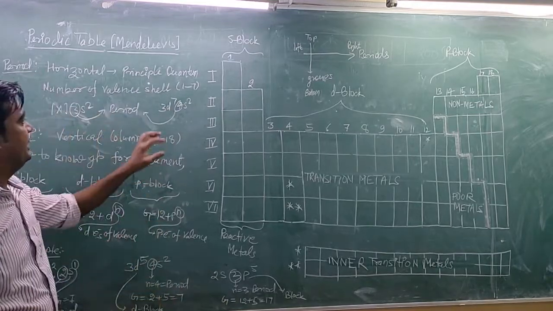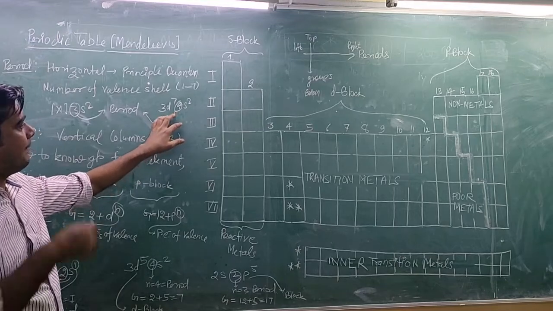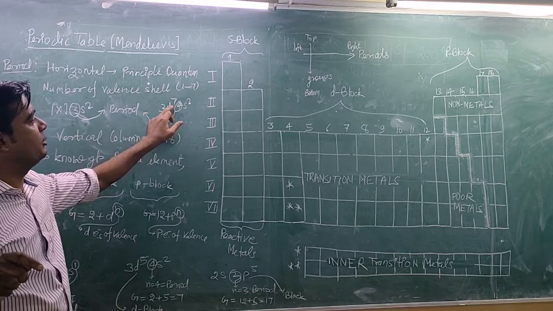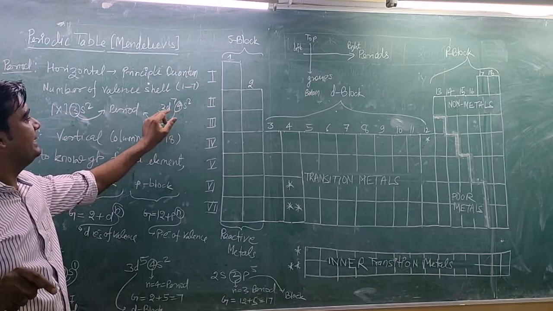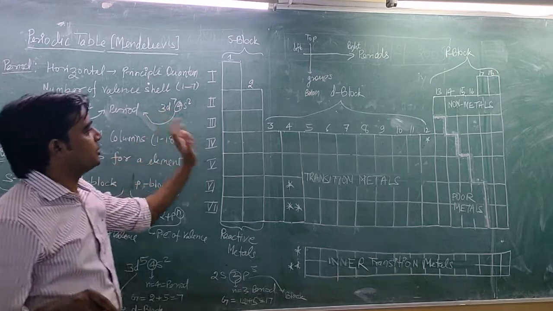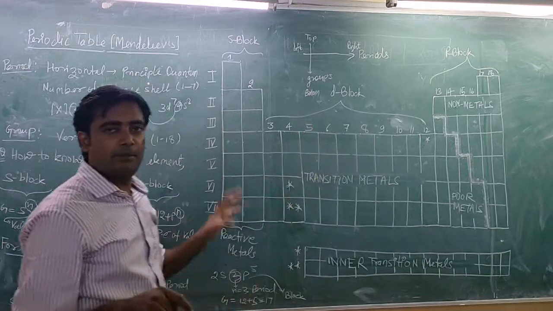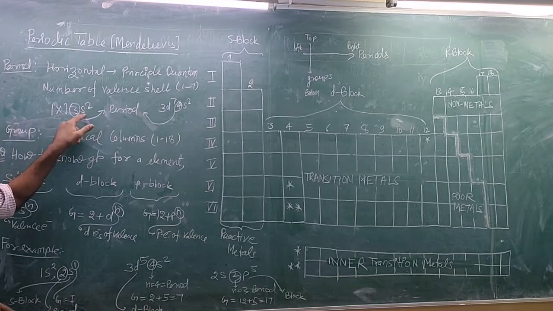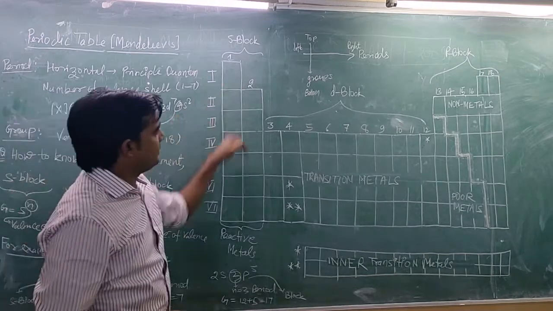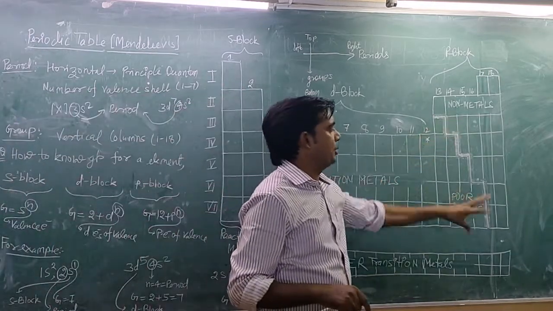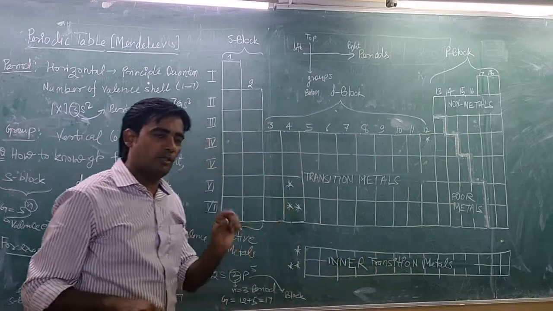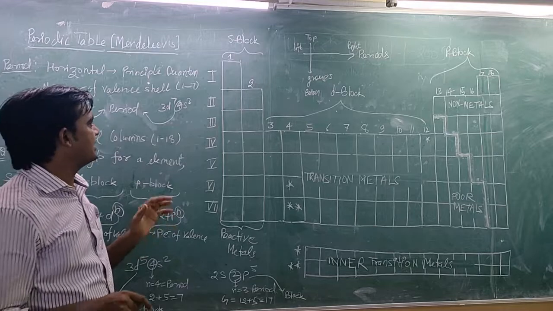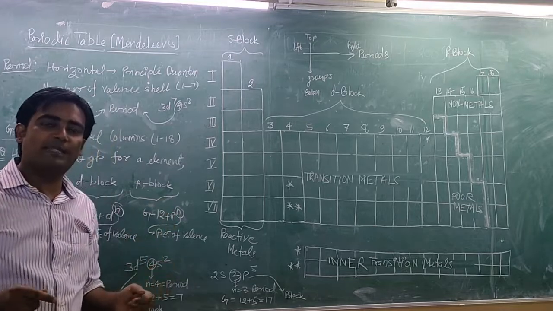Okay, like this. If you can see here, the valence electron, the last electron, is in a d orbital, not an s orbital. So this element belongs to the d block, a d block element. Similarly here, the last electron is in an s orbital, so this element is an s block element. Similarly, p block element.